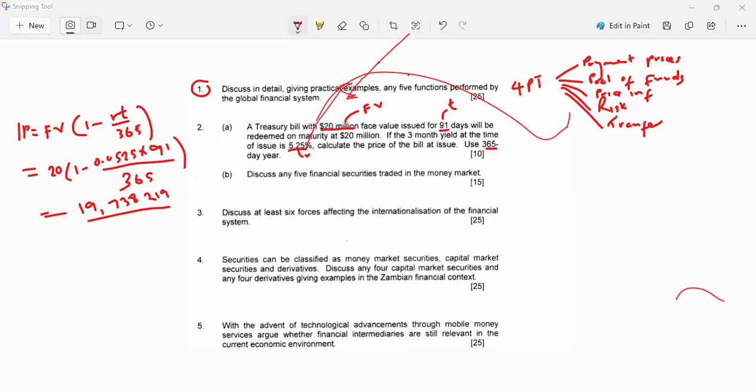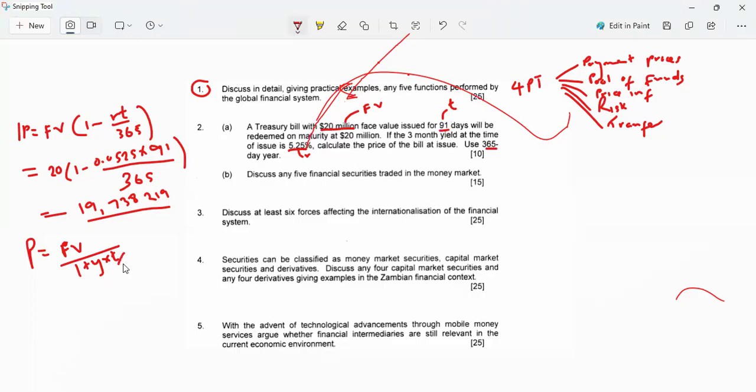So treasury bills, I mentioned to you, depending on what is easy for you. Last time I used the issue price for treasury bills as what? Price equals face value over 1 plus yield times time. I don't know if I remember that. It's time. So we still get the same answer there. All right, over